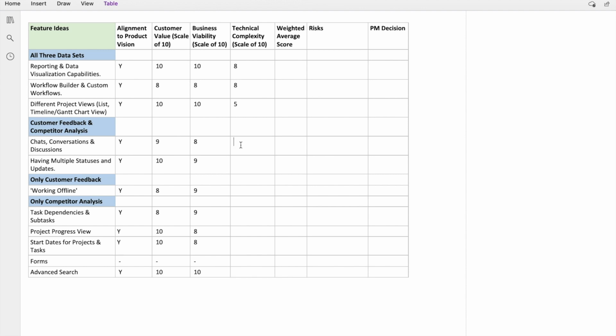Chats, conversations and discussions can also be rated low, given that Trello does have this option to comment and tag people and tag cards. So it would not be that difficult for Trello to have a unified view of chats, conversations and discussions. Having multiple statuses and updates would also be technically complex, because Trello's task data structure does not